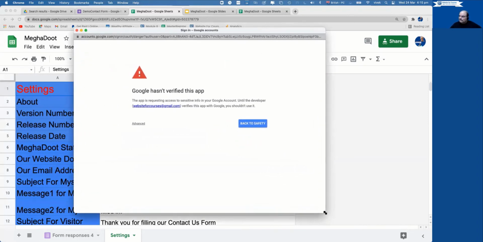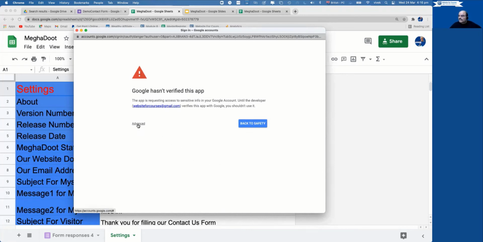And these are messages which look a bit scary. Google as a company are trying to protect themselves legally. So they're saying this app is not being verified by Google, and they're essentially saying you're on your own. Do you really want to do it, etc., etc. Especially if you are a Gmail user, the messages can seem quite scary.